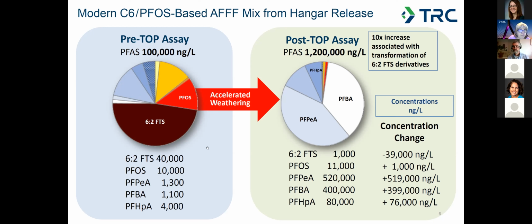But an important observation here is that even if you use a 36 compound PFAS list, you're going to see 100,000 nanograms per liter of total PFAS, when the true concentration of fluorinated compounds in this sample is closer to 1 million. So that really needs to be taken into consideration when you're designing treatment systems, but it's also very useful for forensics in seeing what else may be in our sample.